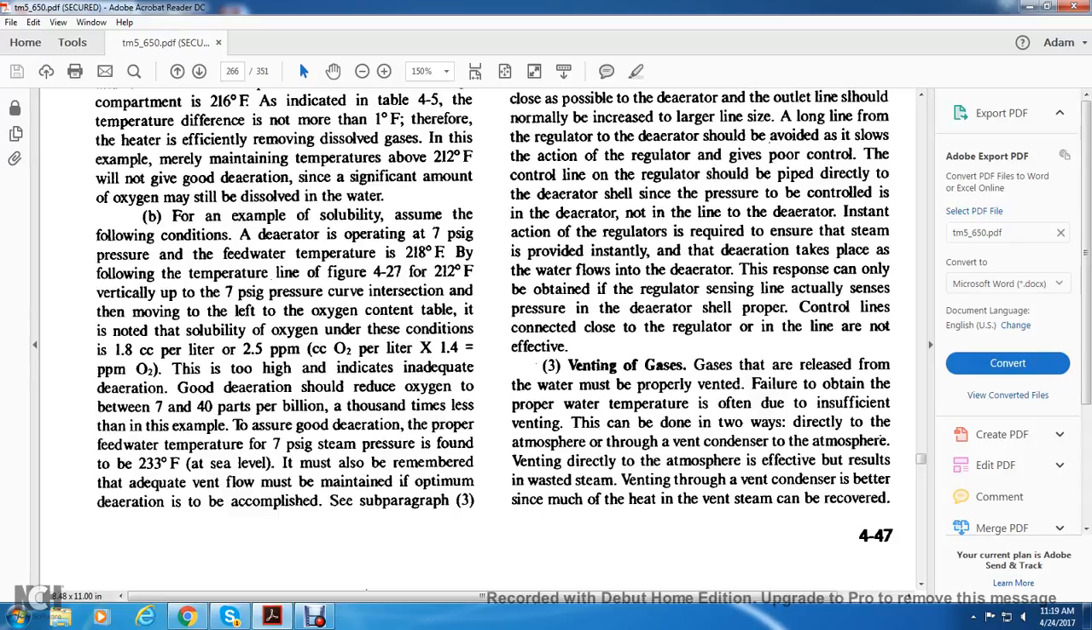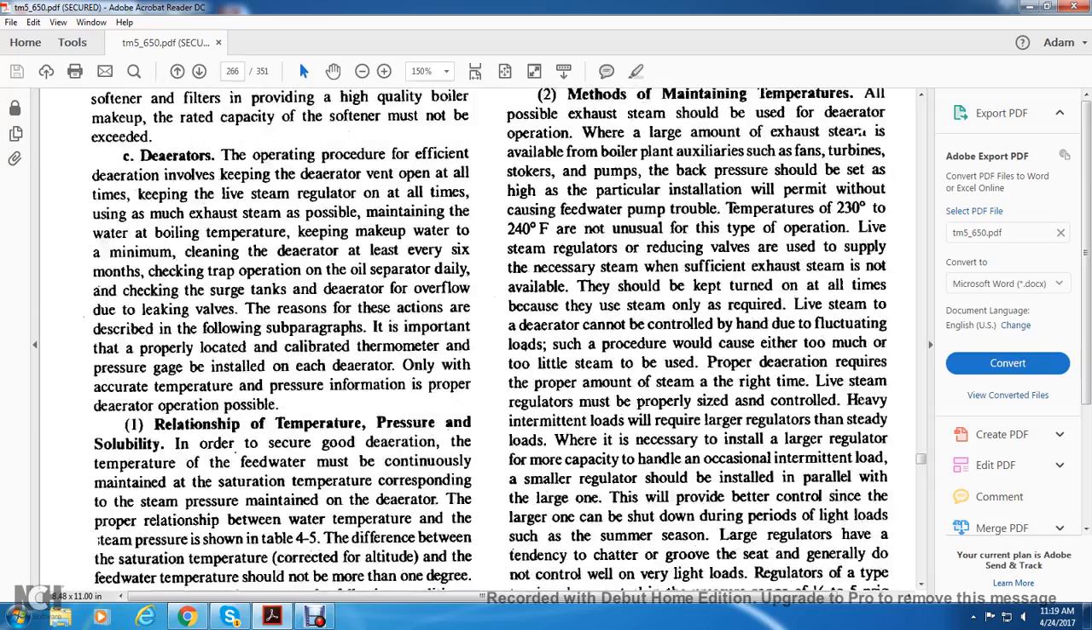Good deaeration should reduce the oxygen to between 7 and 40 parts per billion, 1,000 times less than the example. For the assumed good deaeration, the proper feed water temperature at 7 psi steam pressure is found to be 233 degrees Fahrenheit at sea level. It must also be remembered that adequate venting of the deaerator must be maintained for optimum deaeration to be accomplished, so see paragraph 3